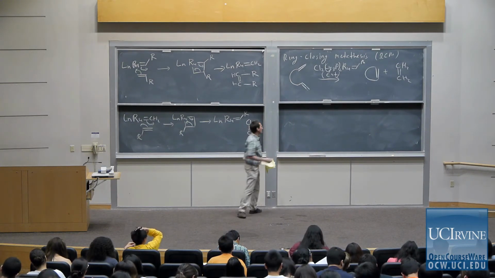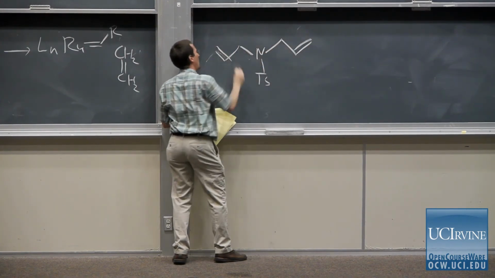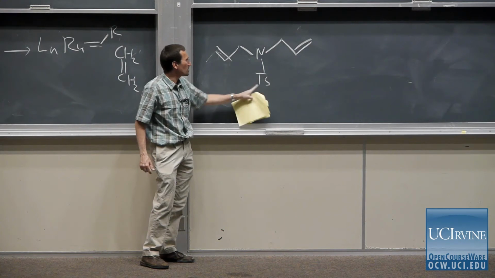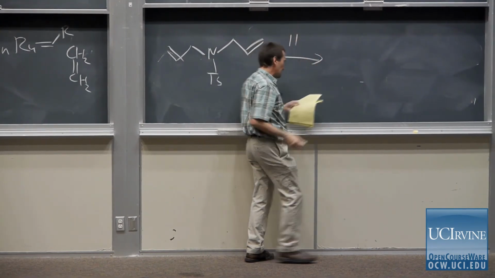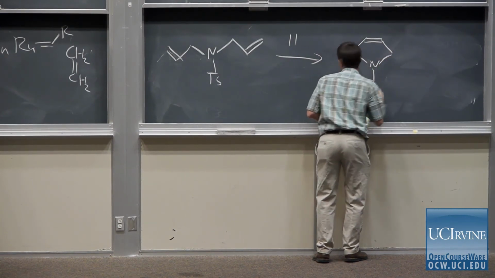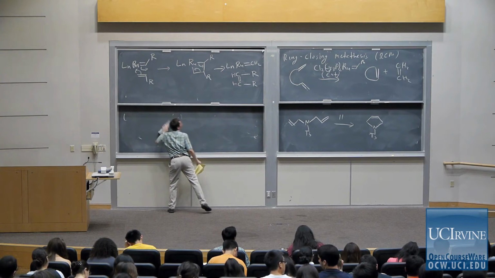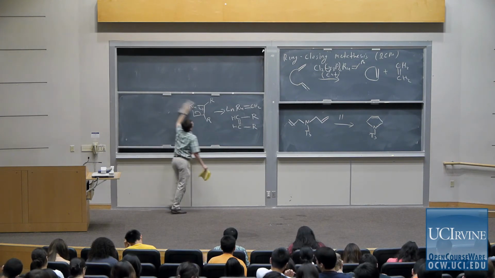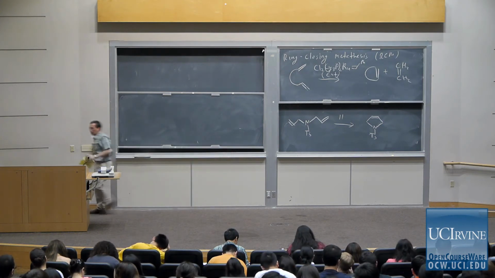Your textbook gives a nice example, and then I think maybe I'll take 1 minute to show you an example of a thinking process. So your textbook shows the synthesis of a pyrrolidine ring in which it starts with diallylamine that has a tosyl group on nitrogen. It subjects it to the reaction conditions, and we form a 5-membered ring. And I think that's a nice starting point for the sort of problem that I think you should be able to solve and to think about. So let me show you